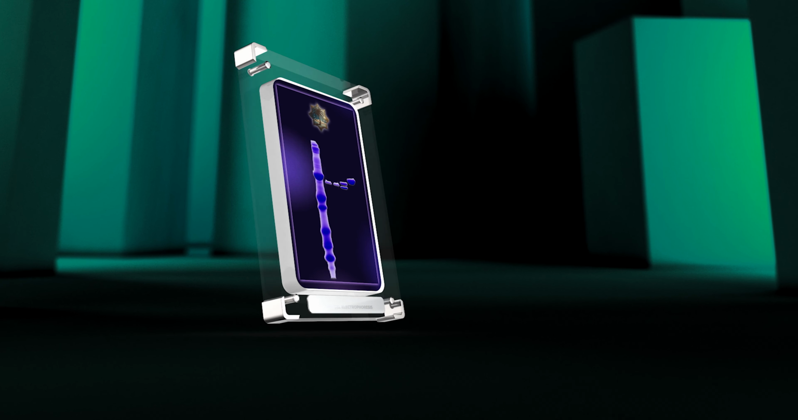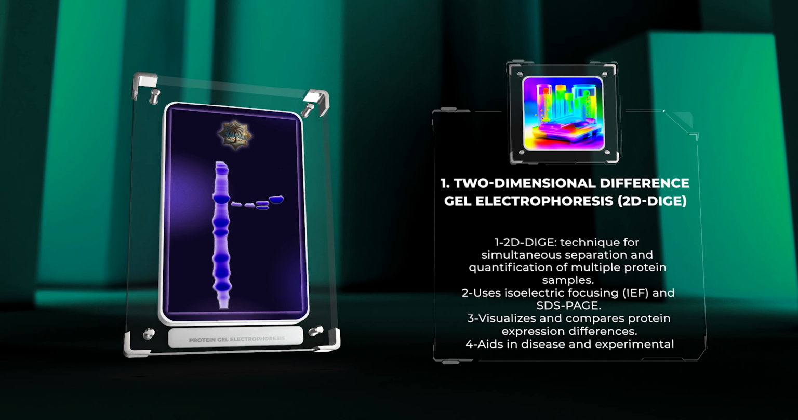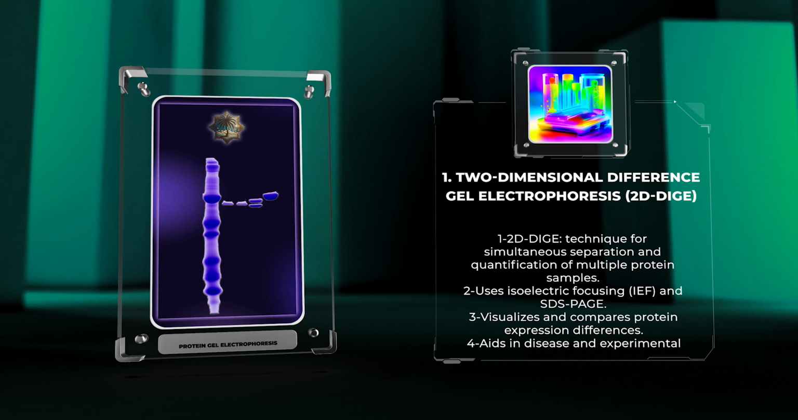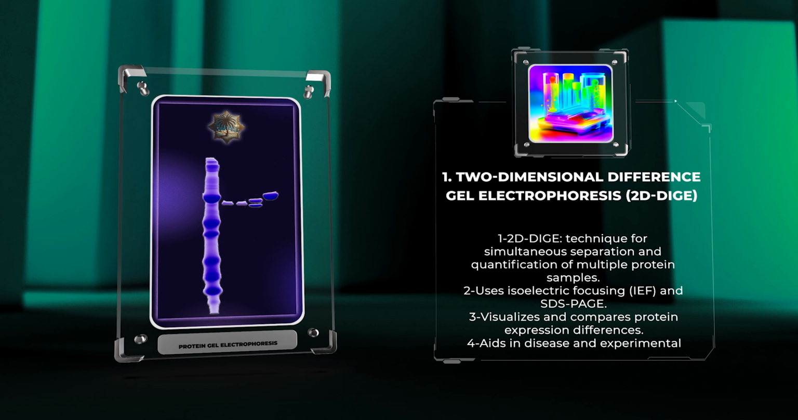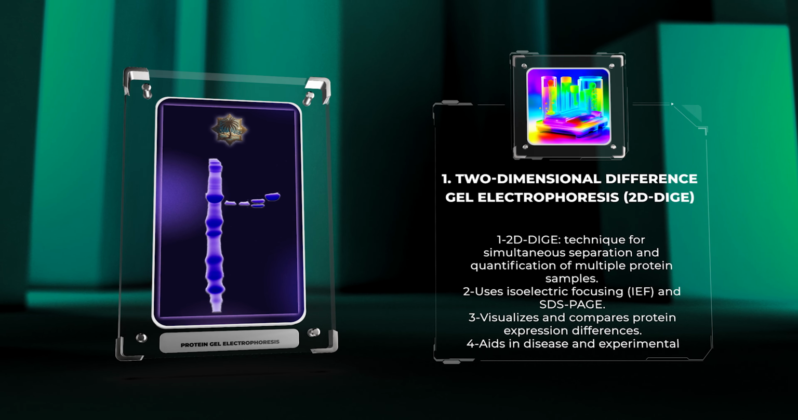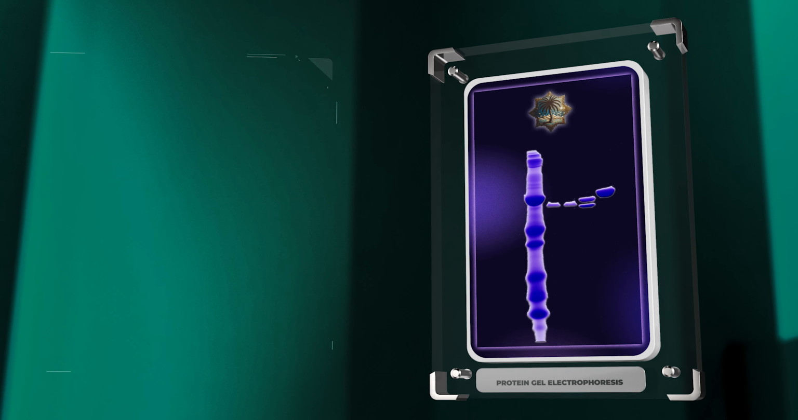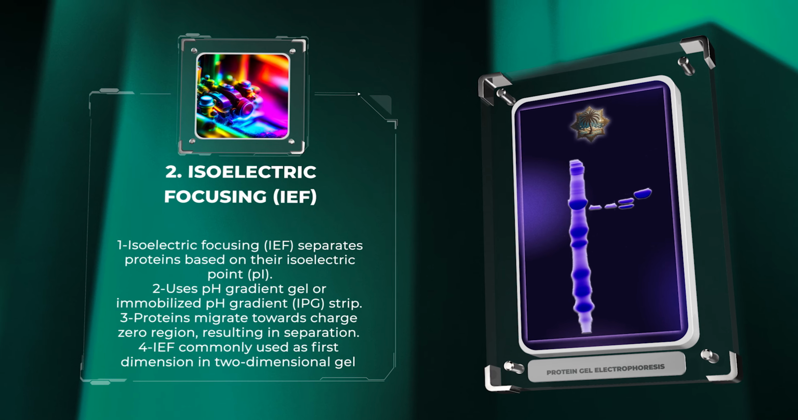Two-dimensional difference gel electrophoresis, 2D DGE, is a technique that allows simultaneous separation and quantification of multiple protein samples. It uses isoelectric focusing, IEF, and SDS-PAGE to visualize and compare protein expression differences in samples, aiding in disease and experimental studies. In the isoelectric focusing, IEF, section of the video, I will explain how this gel electrophoresis technique separates